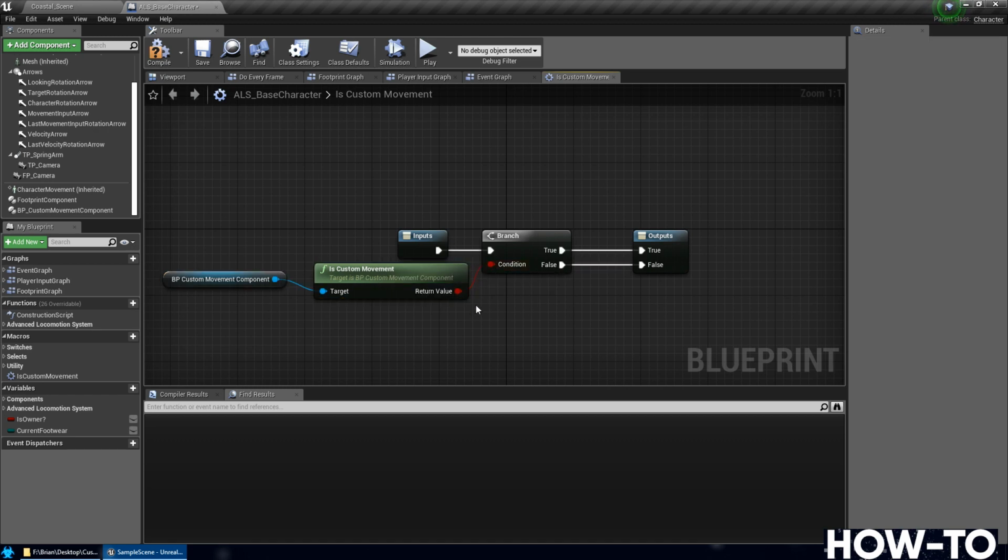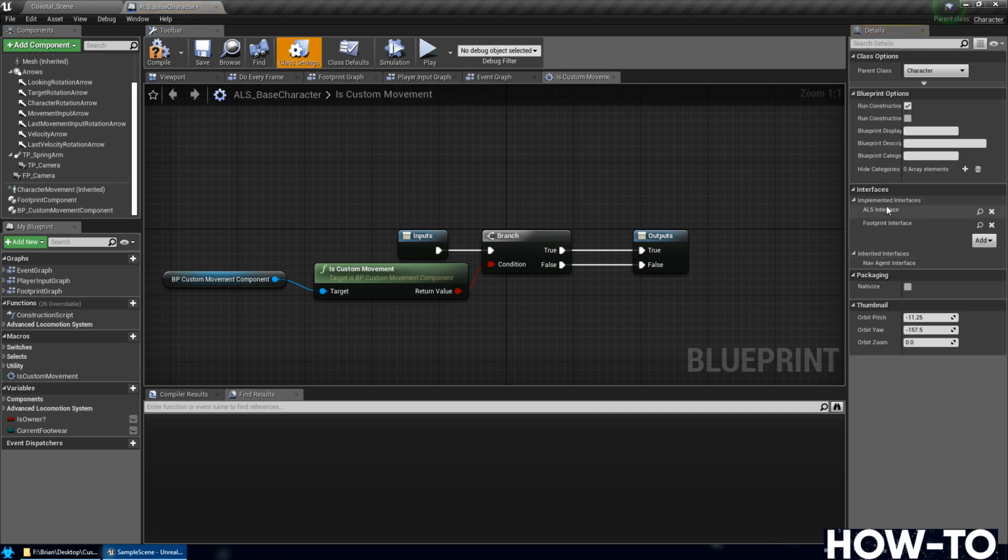So what this is going to check is if this is custom movement, if it's using it, report true. If it's not, then report false. So what it's going to do is actually follow this path. So this will be kind of a branch in a way. It's inside of a branch, but it'll have one input and two possible paths out based on being true or false. One other thing we need to do first is we need to go to our class